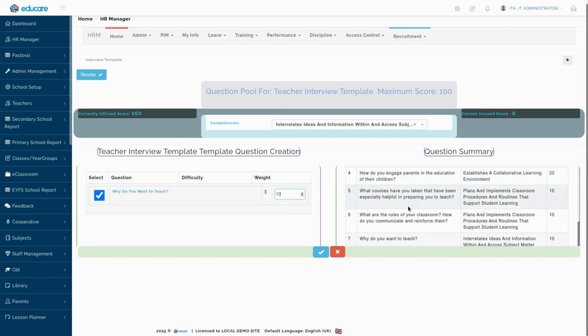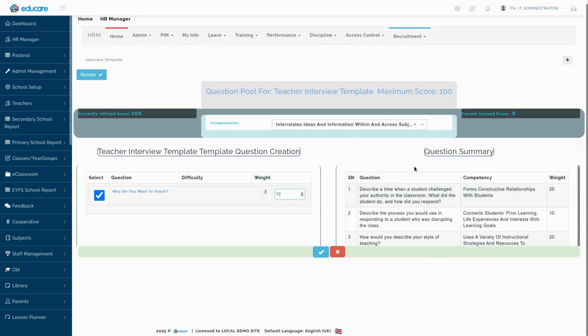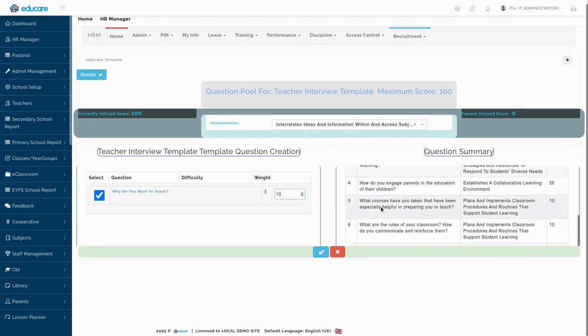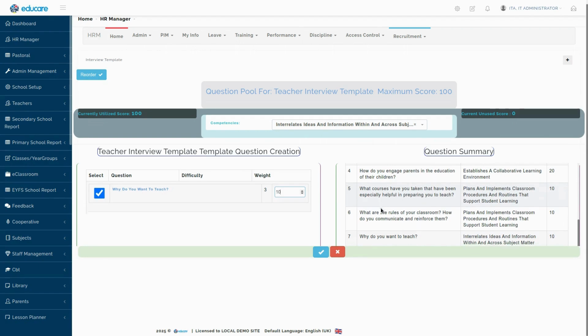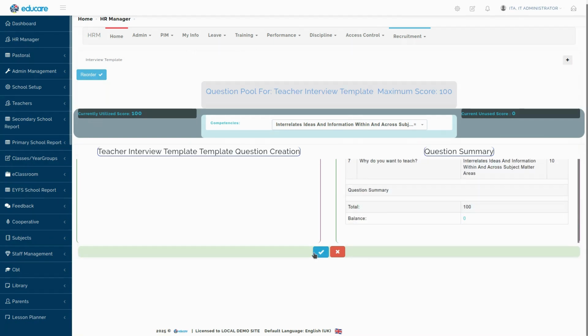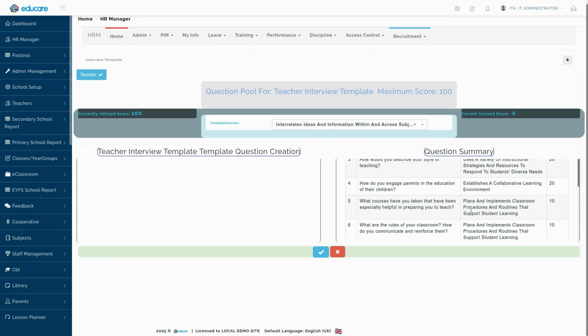When you are done, you can always review your questions and the summary on the summary part. So here you can see the questions you've asked or you intend to ask, and then their balance, the total sum, that's the question summary. Total score 100, no balance. So everything has been utilized. So at this point, you can just click on